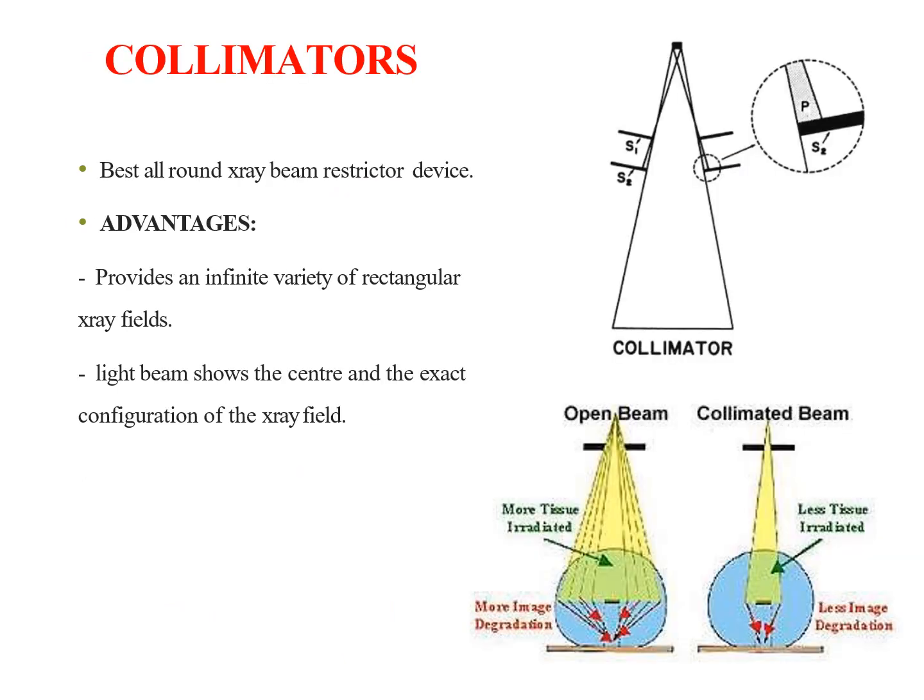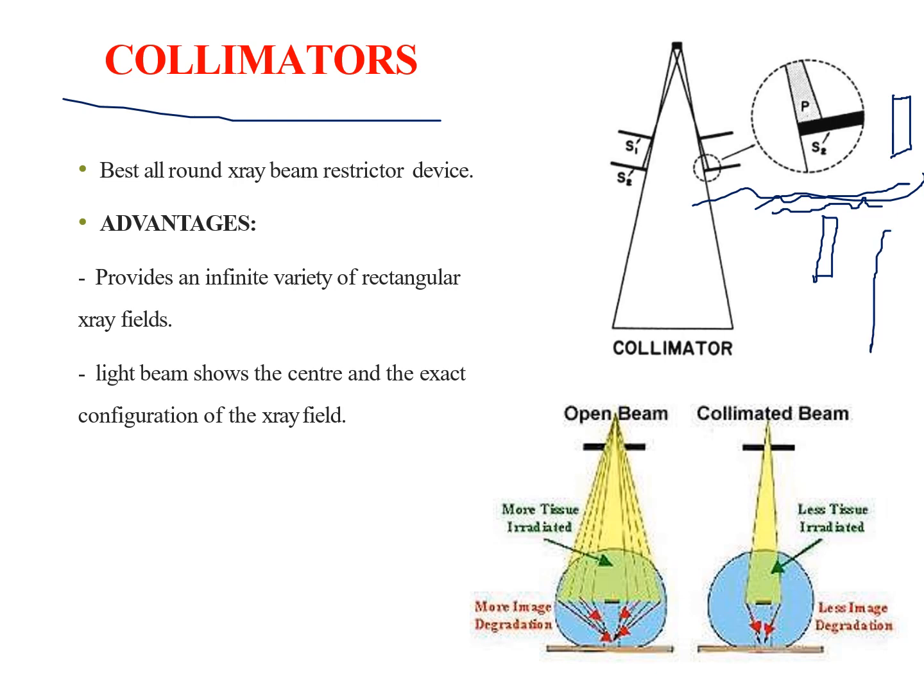Next one. This is about collimators. What do you mean by collimators? It is a frequently used type of beam limiting device. A collimator consists of two sets of adjustable lead shutters. Two sets. Lead shutter means like a small box. See here. Suppose your X-rays are coming over here as a large, deviated beam; by using two lead sheets, see, these are the two lead sheets.